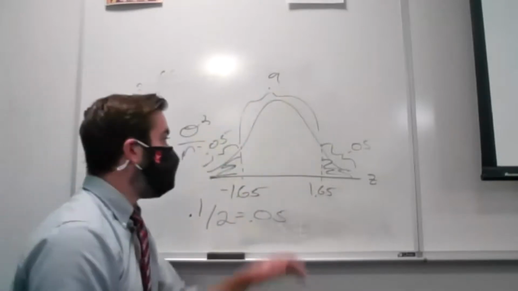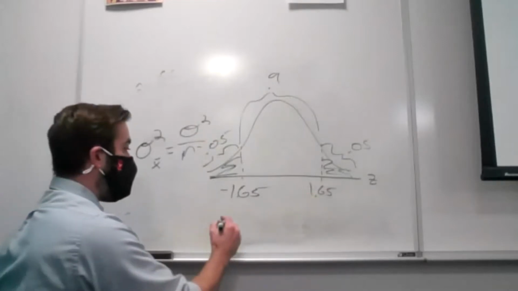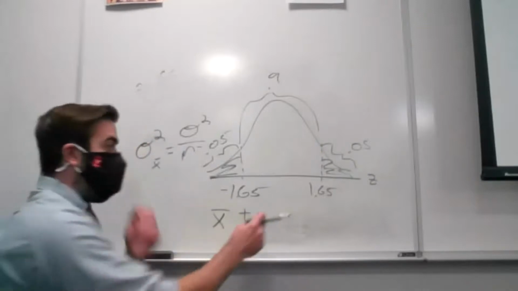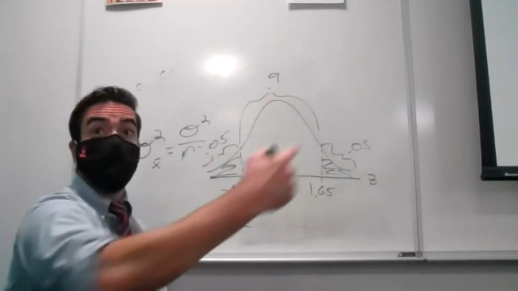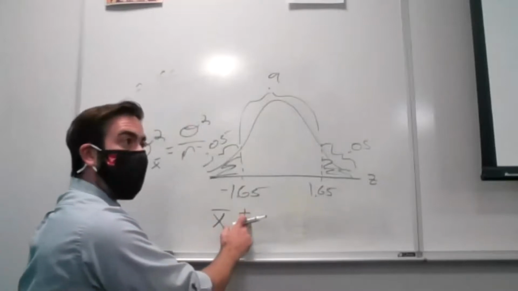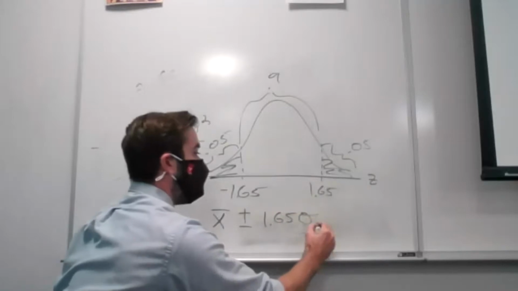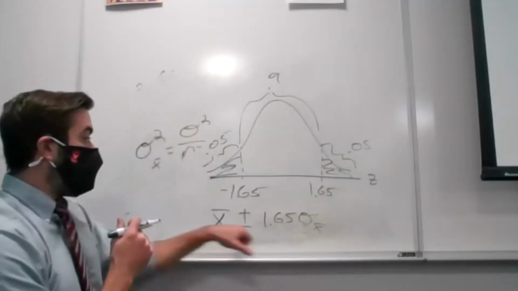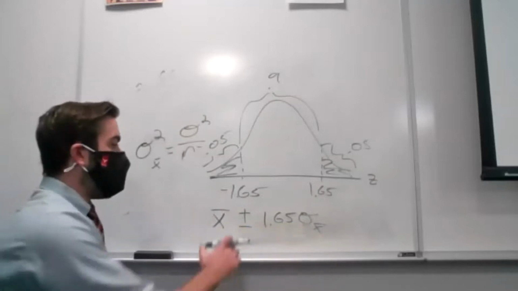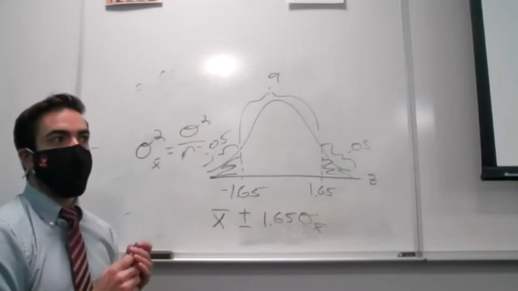Right? And really what I'm saying, that's my z-score. So to get my lower and upper bound, I'd want to take whatever sample mean I see. This is just a z-score. I want to turn this into an actual value for the original variable x I was interested in. So to get the upper bound, I would add 1.65 times the standard deviation. Now remember, we're looking at sample means, so it's the standard deviation of my sample means, right? Then to get the lower bound, I would subtract, or go 1.65 standard deviations below that sample mean that I see, okay?